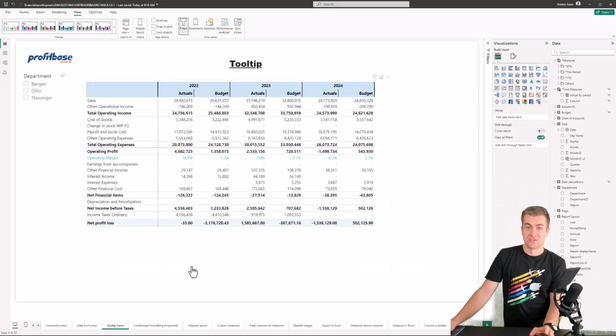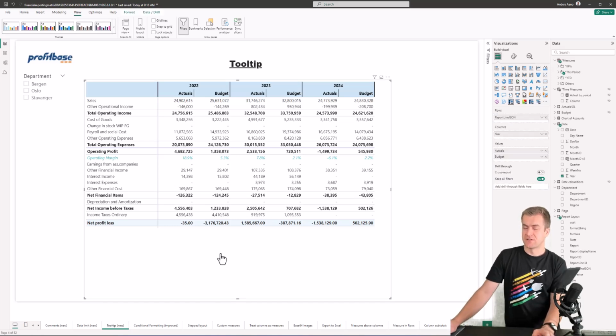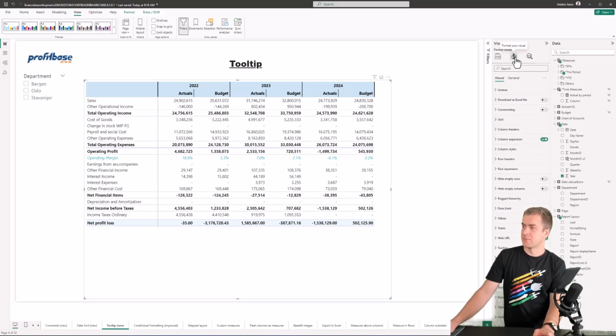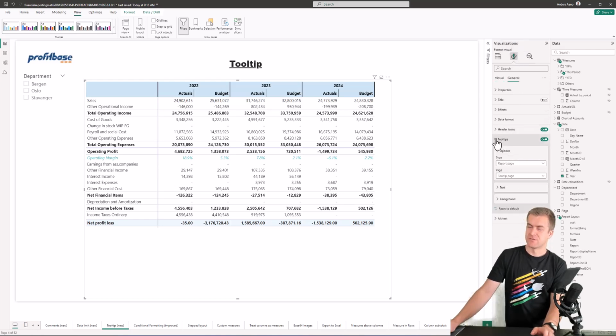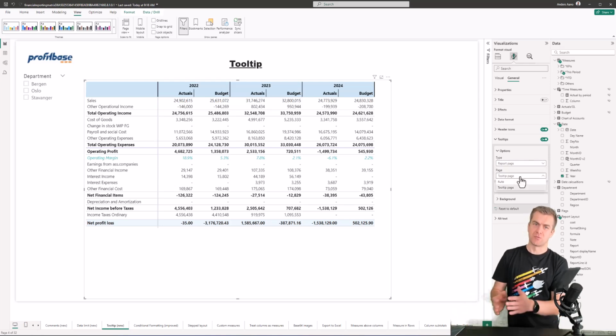The third one is tooltip. It's not a feature we have developed, but it's a default Power BI feature that we have added support for. So now if you select the visual and you go to the format pane and the general tab, you have this tooltip, which is the general Power BI tooltip section, where you can select a default tooltip, which will just show some information, or you can now do a report page